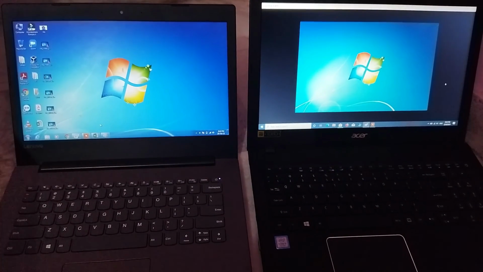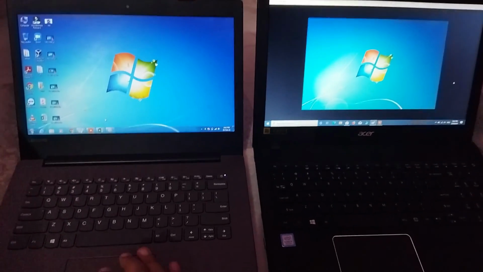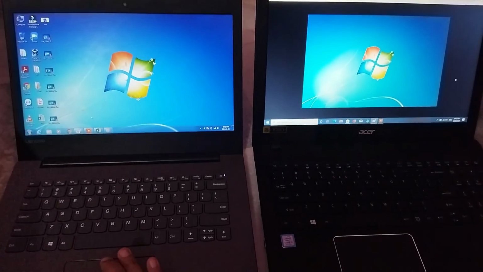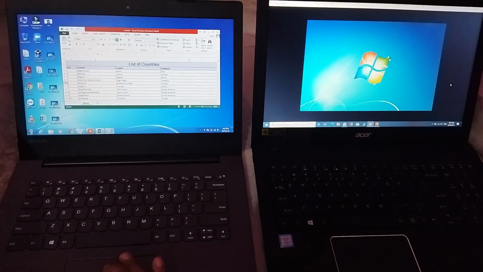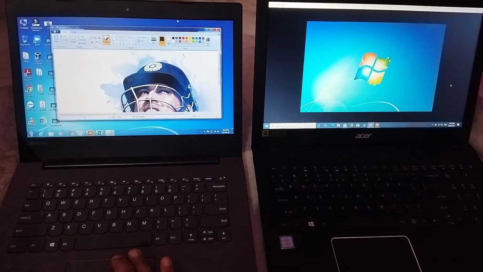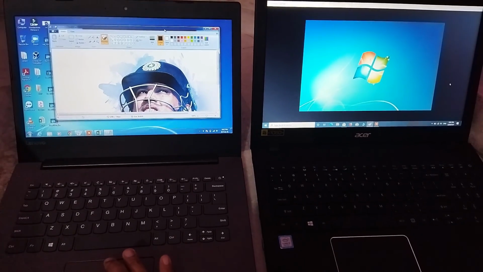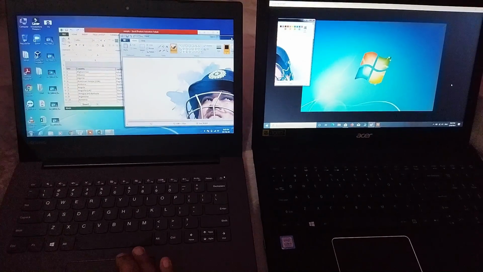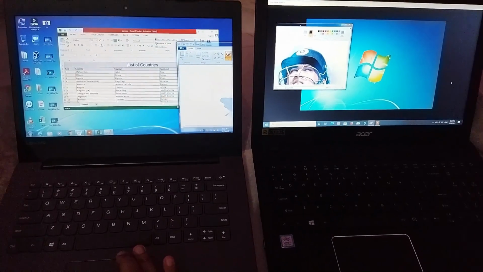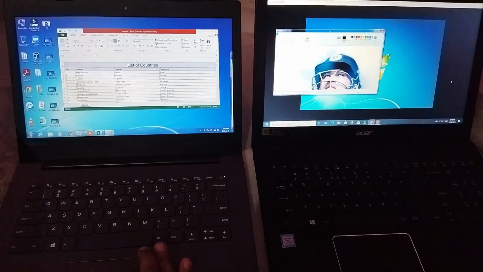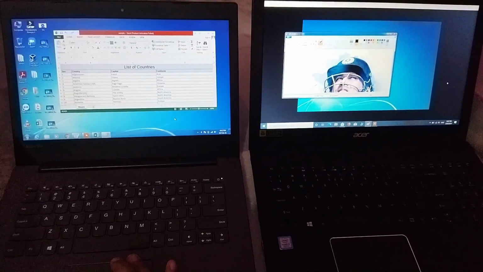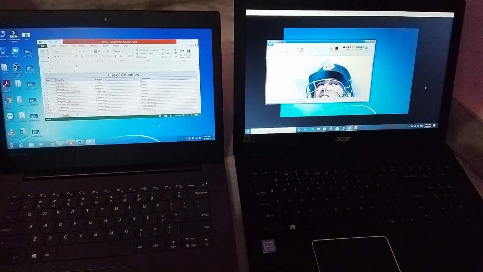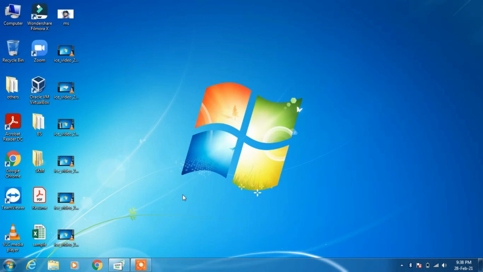And the most important use of this extended screen is that you can now work on two application windows simultaneously by moving the window of second application to the secondary PC and keeping the application window of first application on the primary PC, and work easily on both the applications. So this is how you can extend your laptop screen to another laptop screen or monitor.